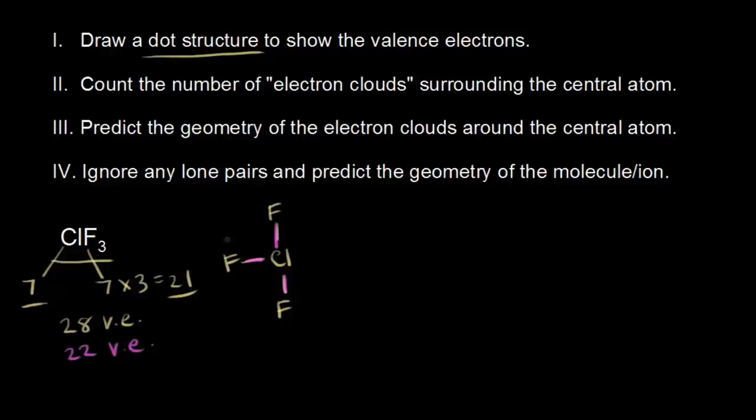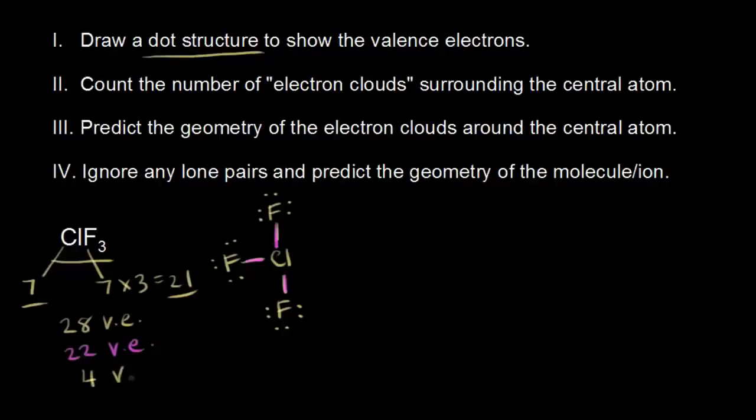are our fluorines. Fluorine is going to follow the octet rule, and each fluorine already has 2 electrons around it, and so therefore each fluorine needs 6 more. So when we put 6 more valence electrons around each fluorine, now each fluorine has an octet. We just represented 6 times 3 more valence electrons, so 6 times 3 is 18, and 22 minus 18 is